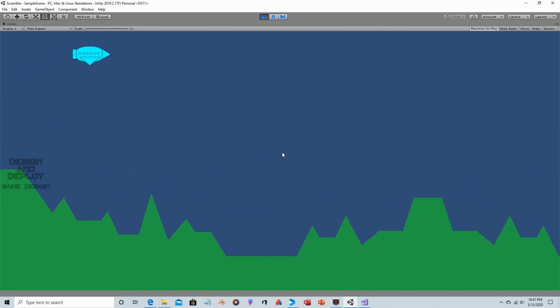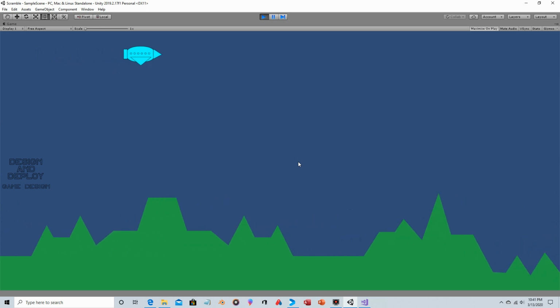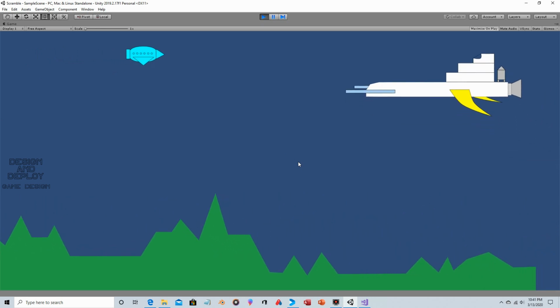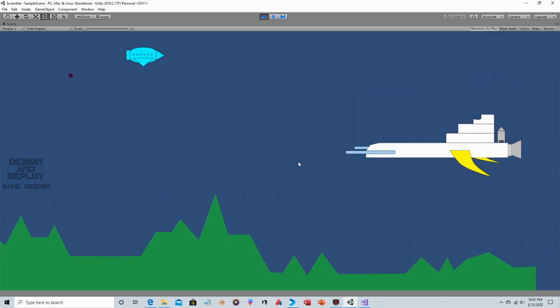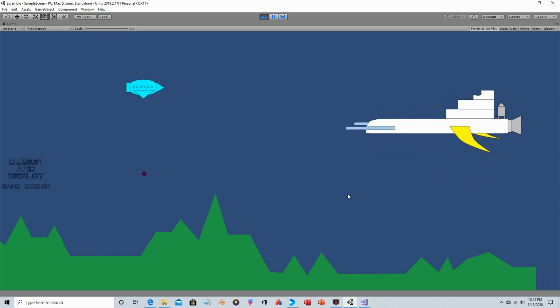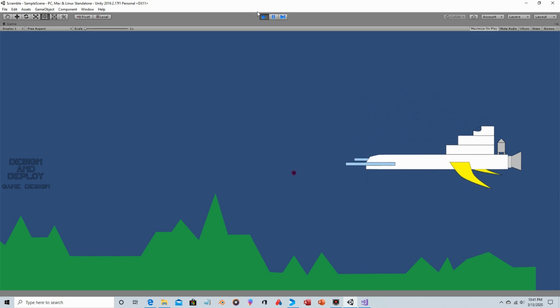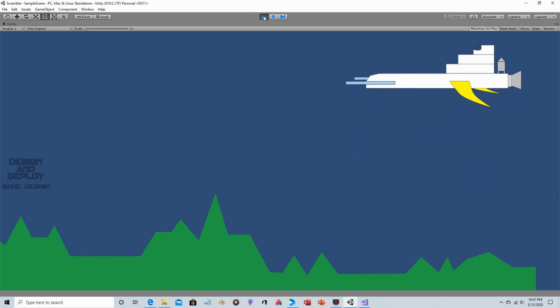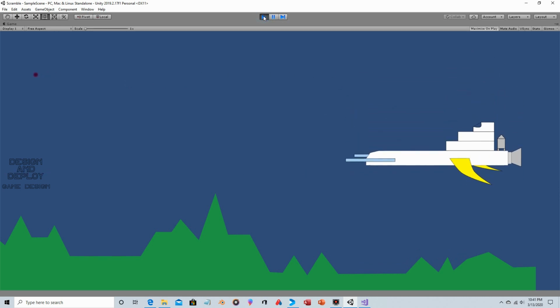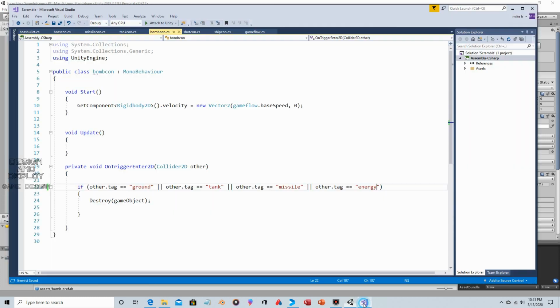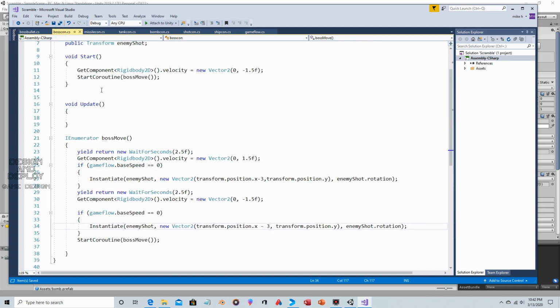Remember to save all the scripts. It'll be tough to try to hit it with a bomb, but get destroyed with the ship. Okay, and now we just need our shots to destroy the ship. So that would be a little bit different. So the boss ship needs to have HP, so boss con,